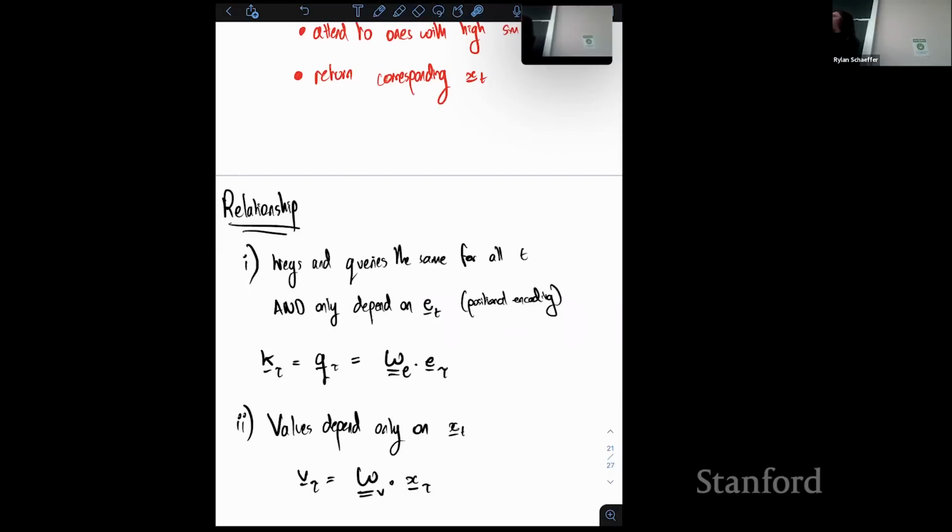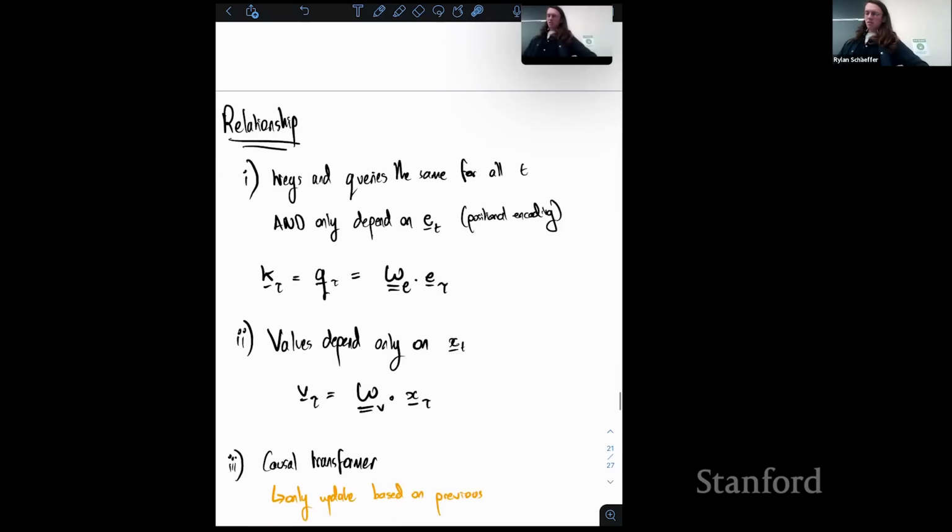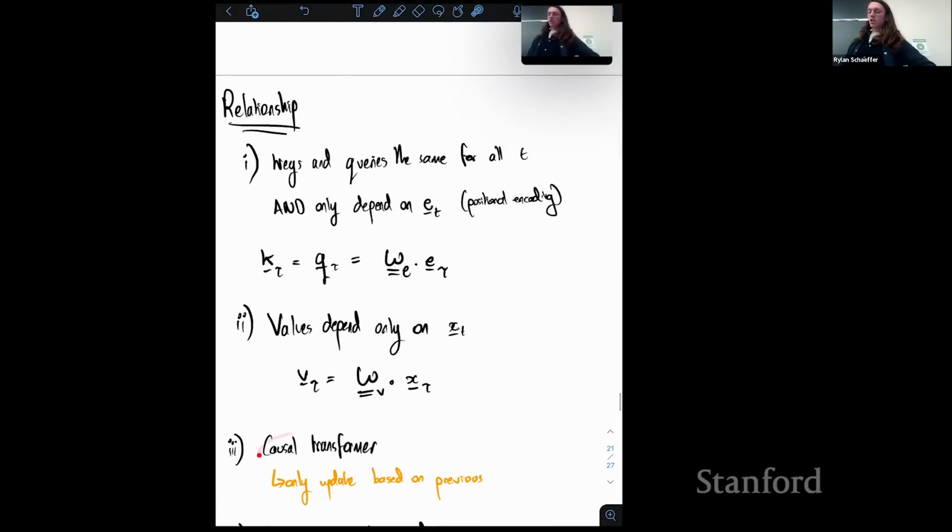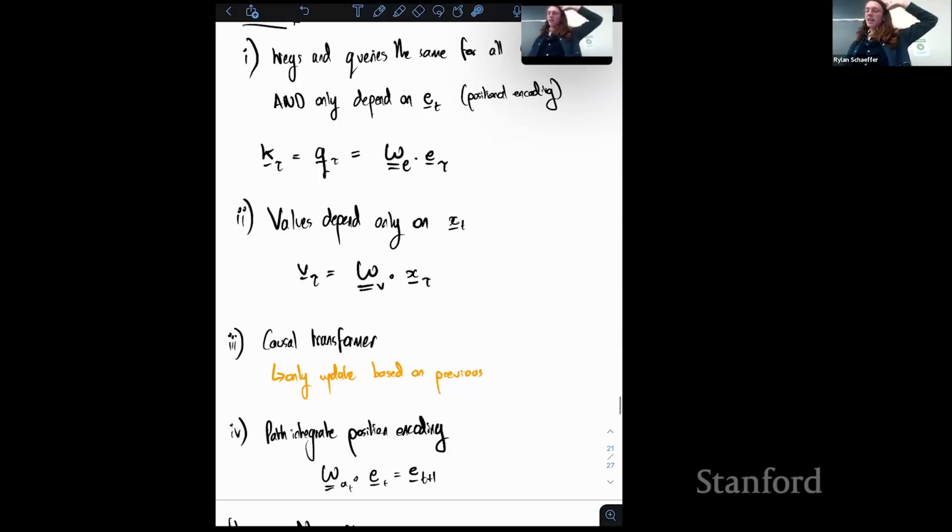So it's a factorization of the two: the value at time tau is some value matrix applied only to that X part. That's the only bit you want to recall. And then it's a causal transformer, in that you only do attention over things that have arrived at time points in the past. Finally, the perhaps weird and interesting difference is that there's path integration going on in the positional encodings. These E are the equivalent of the grid cells, the G from the previous bit, and they are updated through a matrix that depends on the actions you're taking in the world.